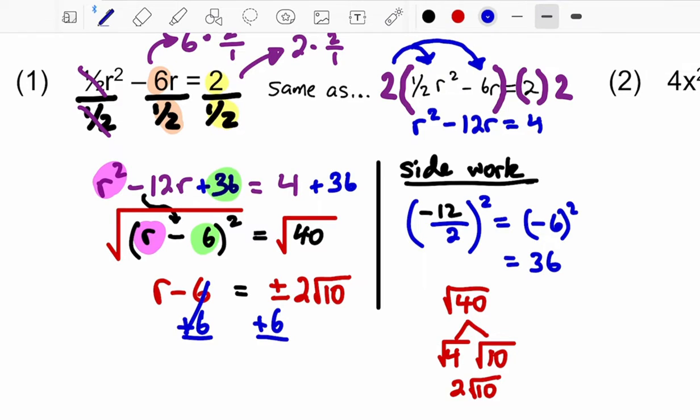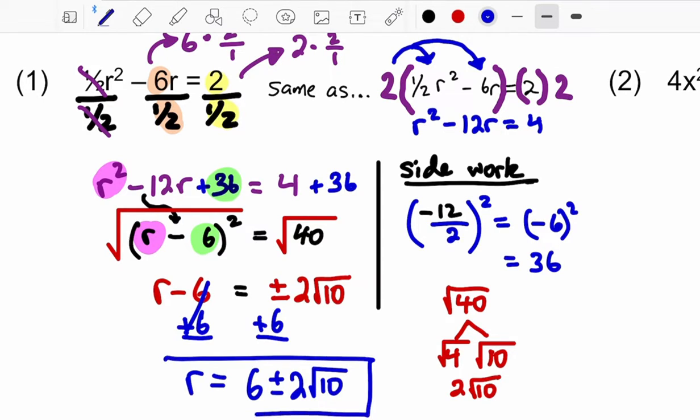and we get r is equal to, we always put the plus or minus part at the end. So 6 plus or minus 2 root 10. All right, and that would be our final. We don't need the logical or notation because, again, the plus minus symbol is actually read as plus or minus. The or is embedded in the symbol. All right, so